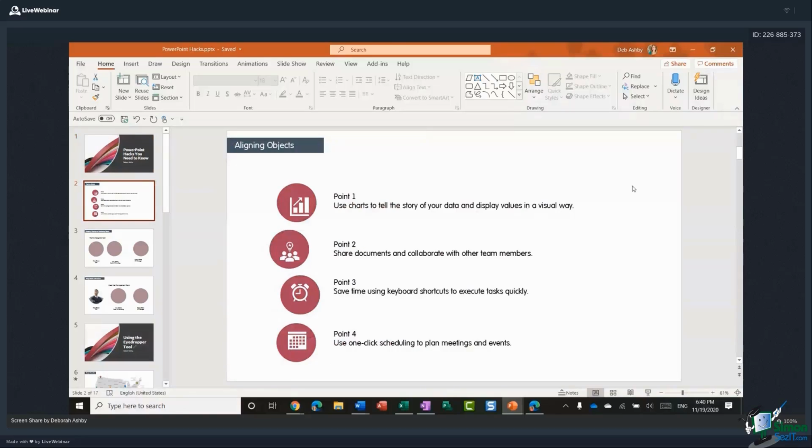Now, this is a pretty extreme example. You can see here, all of these circles and the icons within them are not lined up. There's also inconsistent spacing between my text just here. Now, as I said, this is quite extreme. Obviously, I've put this together for demonstration purposes.